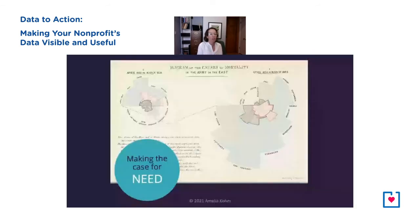One way organizations use data is to make the case for the need for their services. And I give you now an example from over 200 years ago. It's one of my favorite data vizes, and maybe you've seen it before, it's kind of famous. In the 1800s, Florence Nightingale and a statistician named William Farr analyzed army mortality rates during the Crimean War in